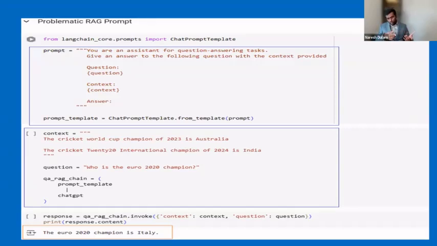And then I'm asking a question that is not related to cricket. I'm asking a question on soccer or football, right? If you see in the bottom part of the slide, it is able to generate an answer because the model is already trained on this data, so that's how it was able to generate an answer. But if you see the context, we did not provide any information about the soccer champion or